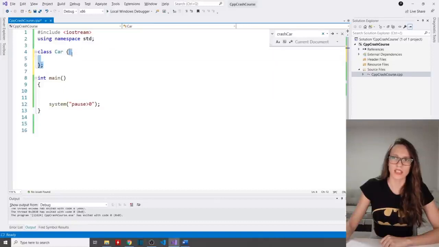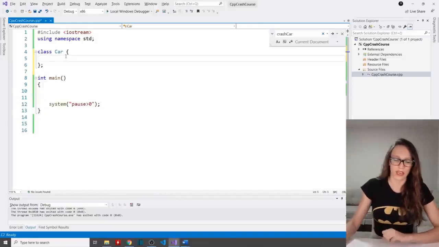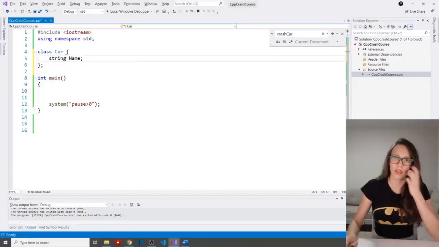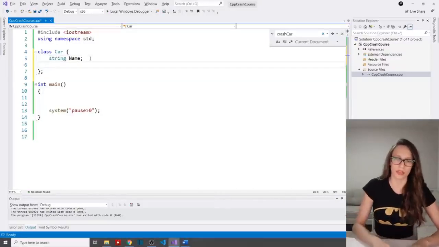And then in this car class, I want to define properties of my class. Let's say that this car is going to have a property called name, of type string. And then let's say that our car is going to have a string color as well.